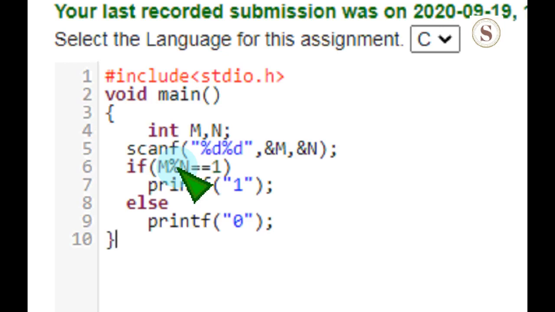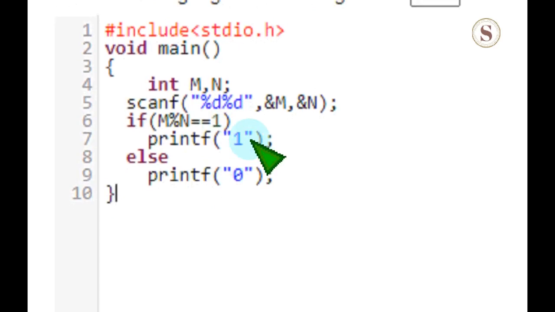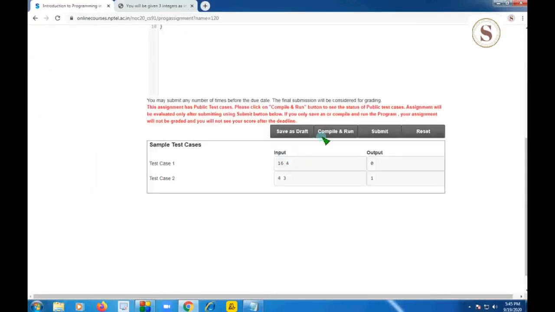You know that if the remainder is 0, then n divides m perfectly without leaving any remainder. In the question, they said that if the remainder is 1, that is, m modulus n gives remainder 1, we should print 1. And if the remainder is anything other than 1, we should print 0. So this is the program for that, and I am going to compile and run it.